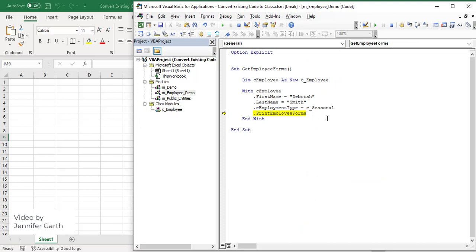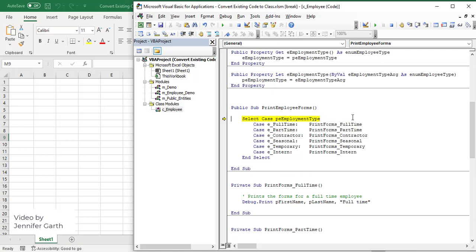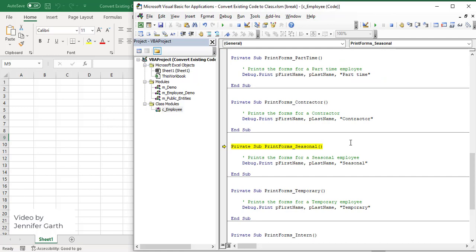Now we're moving on to executing this method, print employee forms. And so we come here to the select case statement, we check the employment type, which is 3, which, as we discussed, is seasonal. And so we check all of our cases, and seasonal is the correct one. So we come over here and we execute this print form seasonal. And again, we don't need to pass any variables to this because we're going to use the properties of the class instead. So we come here, and now we see in our debug.print statement,